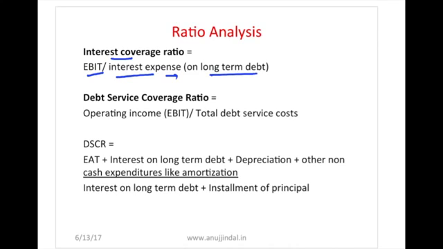You need to remember that. The next one is debt service coverage ratio: operating income, which is also called EBIT, upon total debt service costs. We'll be covering this soon, total debt service cost. So debt service coverage ratio is